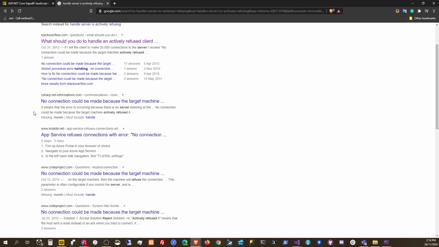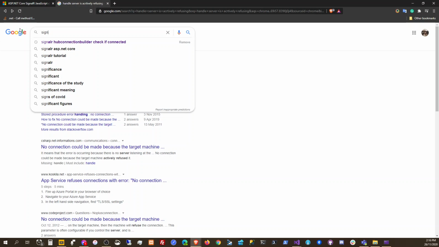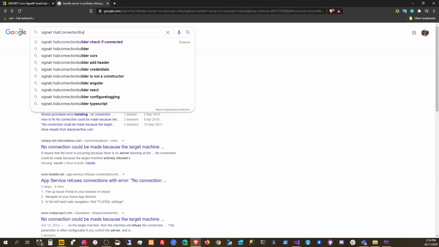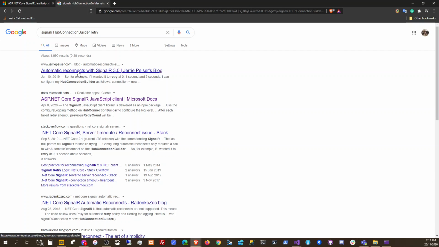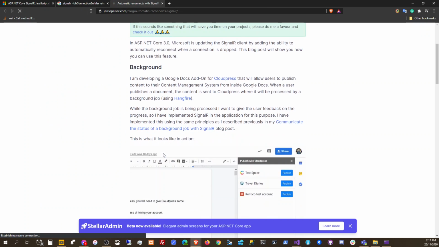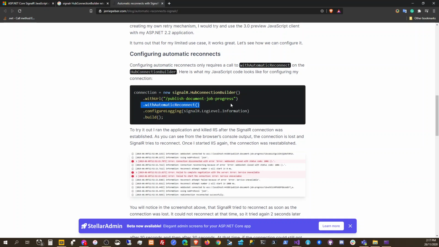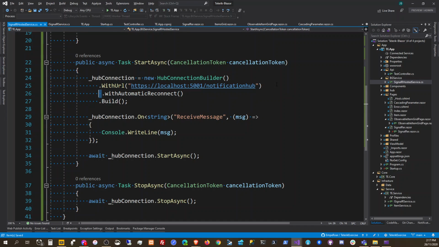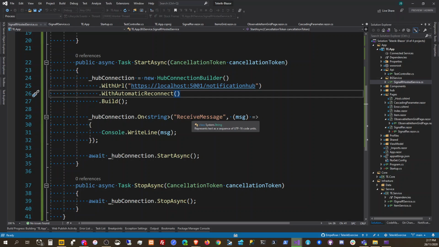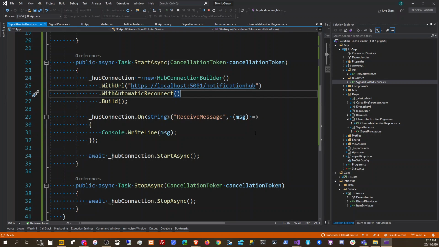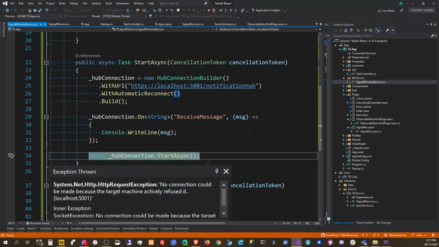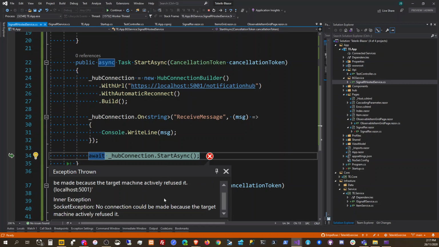Okay, so we have it here, with automatic reconnect. All right, cool. So with automatic reconnect, no connection could be made because the target machine actively refused it. Hey, we have an automatic reconnect, man. No connection could be made because